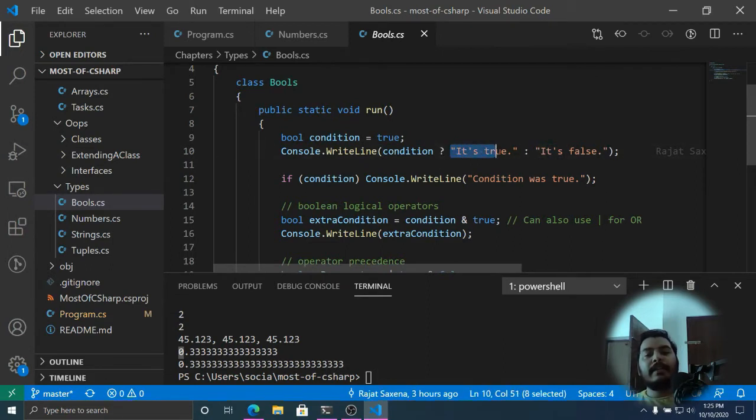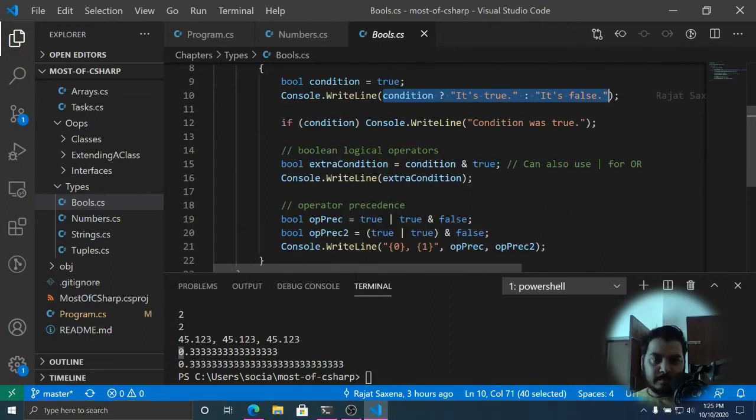Okay, and then the part that should be executed when the condition is true, then a colon, and then the part that should be executed when the condition is not true. Here we have not put any executable code but only strings, so it is going to produce strings as an output, and those strings can be assigned to anything. Basically this is normal programming stuff. If you are coming from any programming language, you might have seen this. So this is how you use booleans in a conditional, and this is also how you use the if statement.